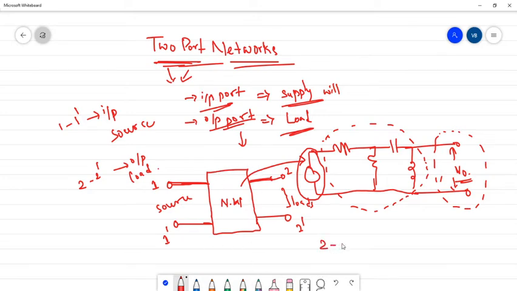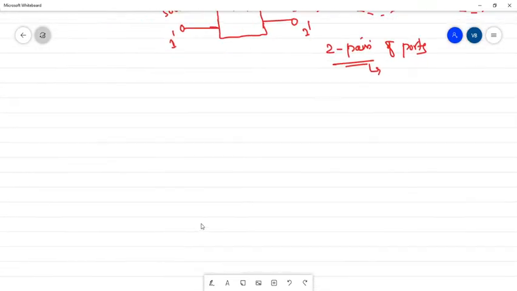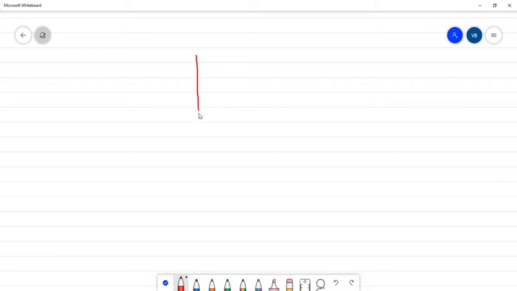Two port means two pairs of ports. One pair of ports acts as an input, another pair of ports acts as an output. Okay. So here 1 bar is the input side and 2 bar is at the output side. For example, let us take this is a network. I am going to represent it with the ports as well as whatever voltages and currents are related to that particular port, and depending upon that, the classification will be divided.